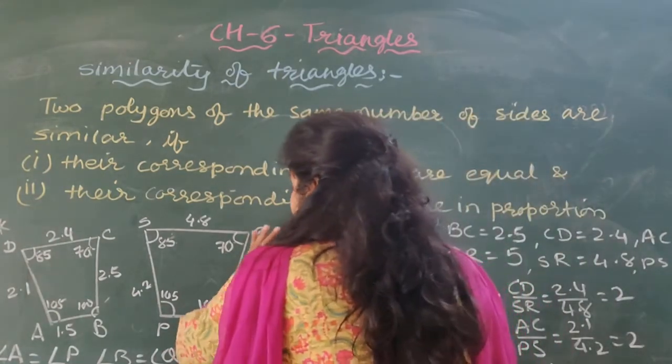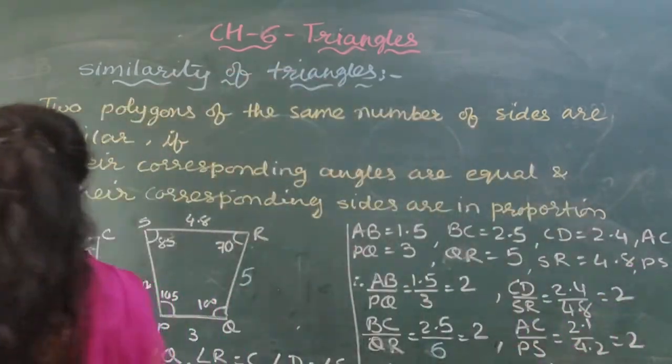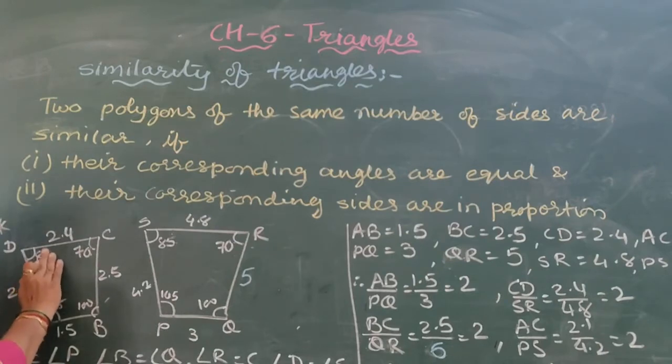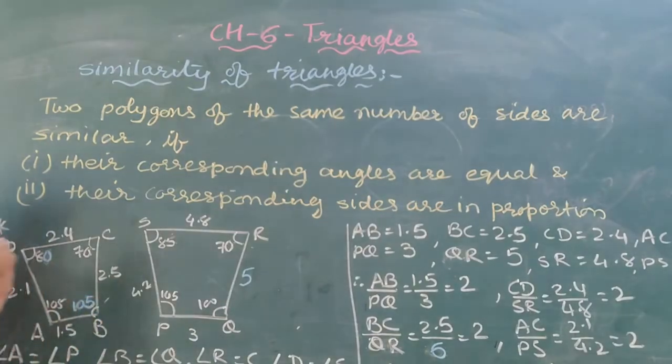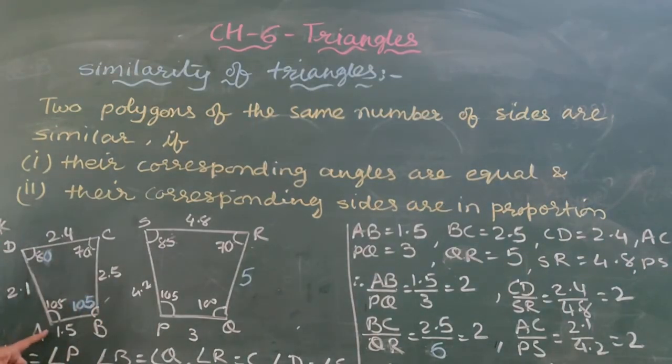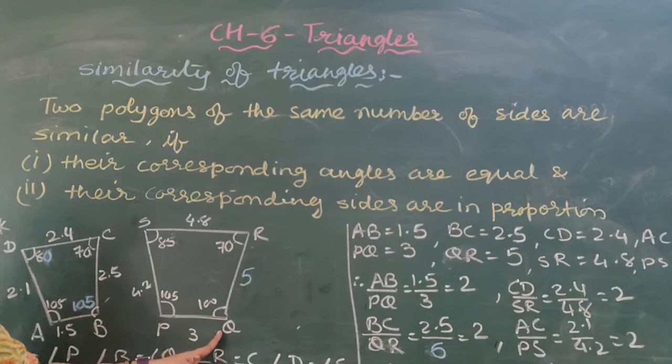Now, if I keep the value as 5, and if I change the numbers here, it is 85 here, sorry, it is 80, and if I add 5 here, it is 105. Okay, now angle A is equal to P and C is equal to R, but D is not equal to S and D is also not equal to Q.